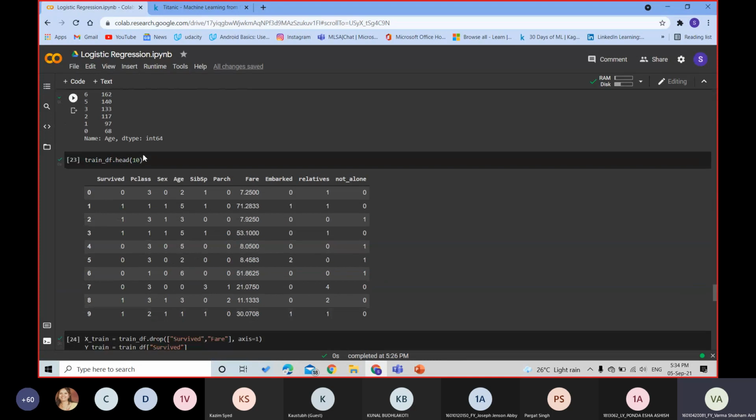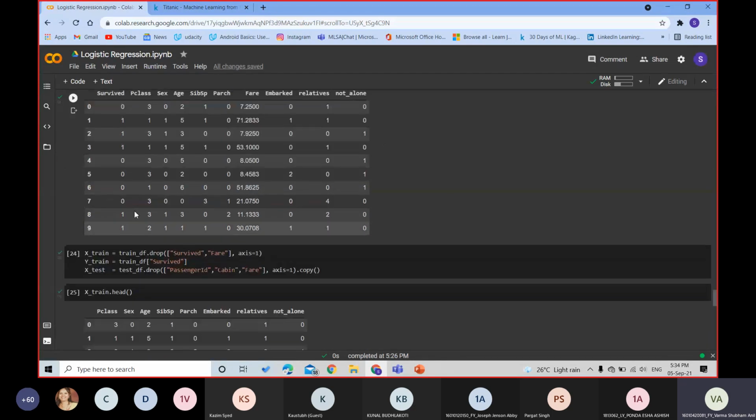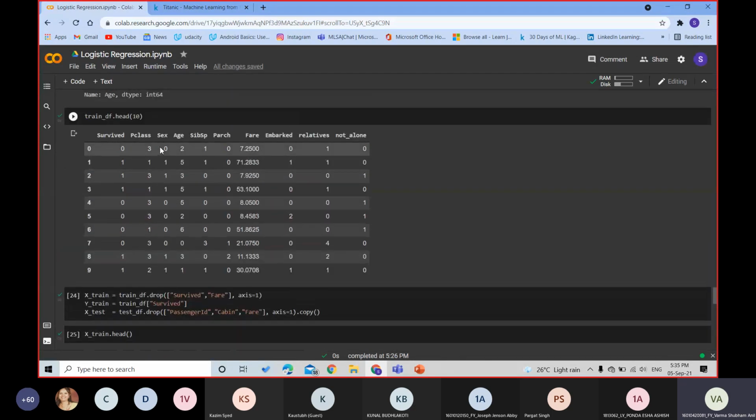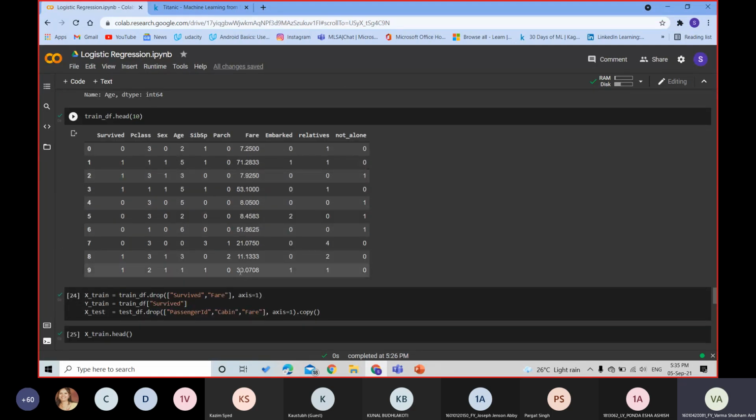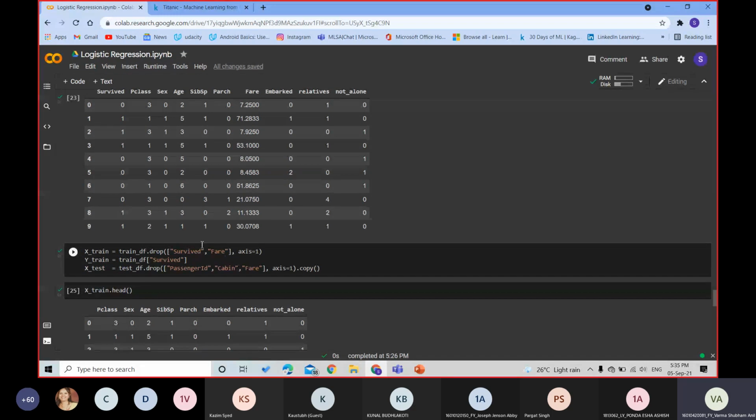After doing this, when I plotted the table, you can see everything is now binary. This fare we have to drop, we don't need this fare. So we will drop this fare too, and we will remove survived from our x train. Now we will create two axes, one is the y-axis and another is the x-axis. We will remove survived from our x-axis and give it to the y-axis. The value our machine learning model predicts from x-axis, whether it matches with the y-axis, will give the accuracy of our model.